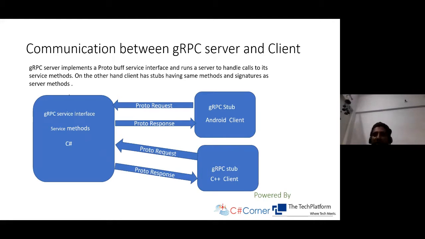So basically, protobuf allows us to develop a service in any language, and we just distribute that particular protobuf to clients with different languages. It can be an Android client, a C++ client, a Python client, or a Node client. So this is how the communication between gRPC server and client occurs.